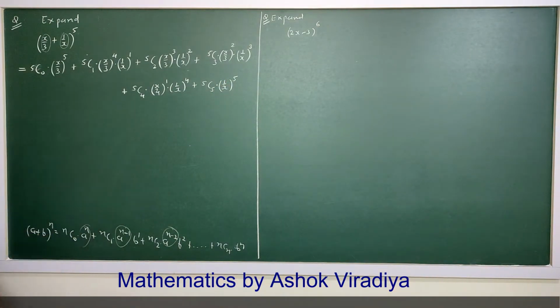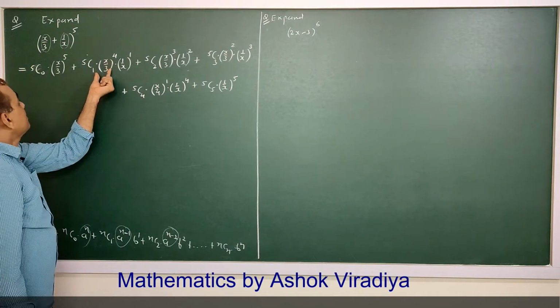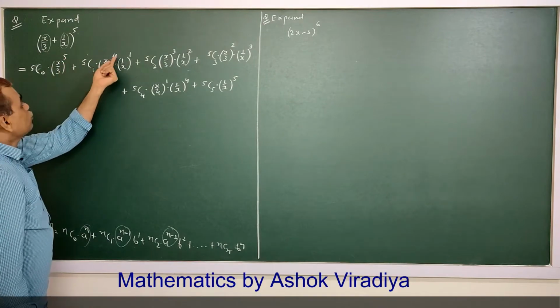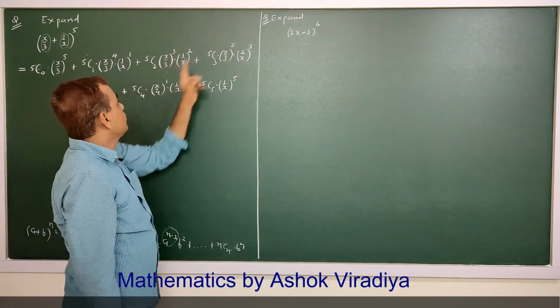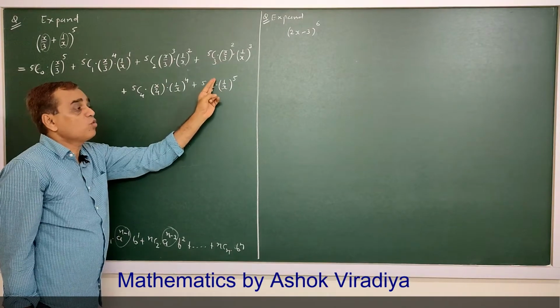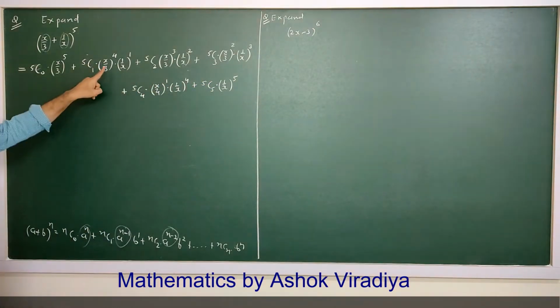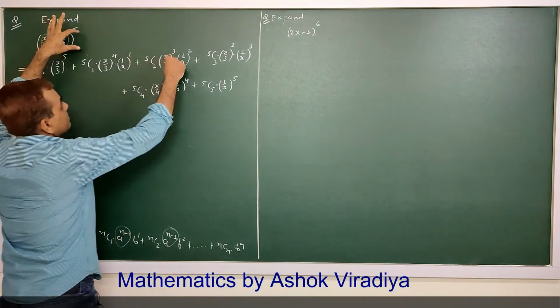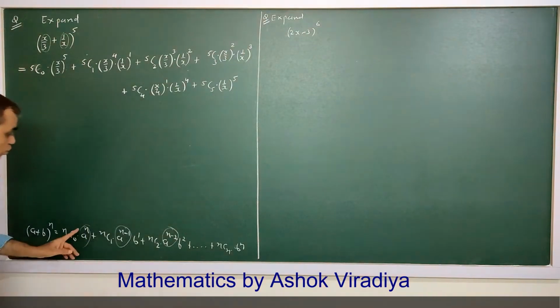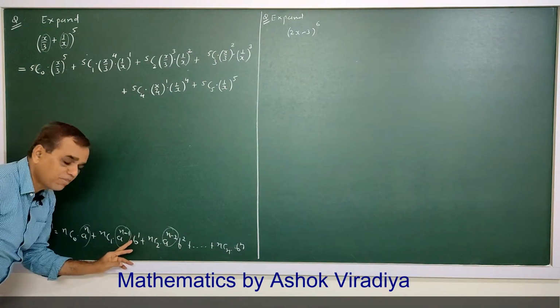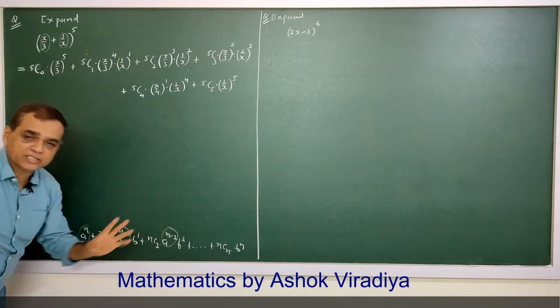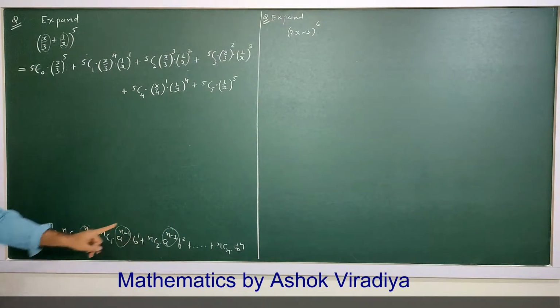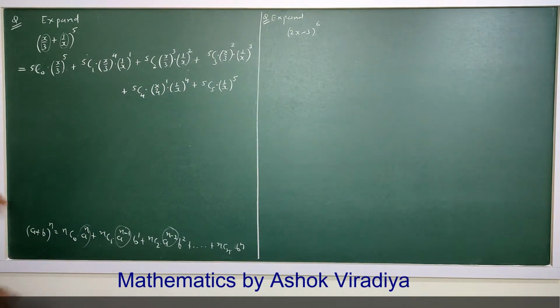So application of this formula, this is a, this is b. First term a raised to 5, then a raised to 4, a raised to 3, a raised to 2, a raised to 1, a raised to 0, no a. Here no b in first term, so b raised to 0, then b raised to 1, b square, b cube. So a is decreasing, power of b is increasing. Last term is free from a, first term is free from b. So application of this formula, so it is equal to